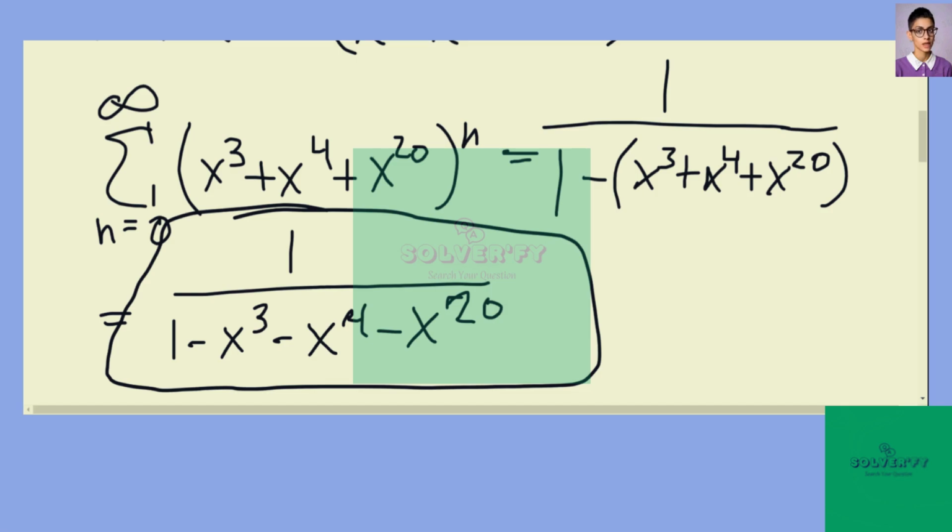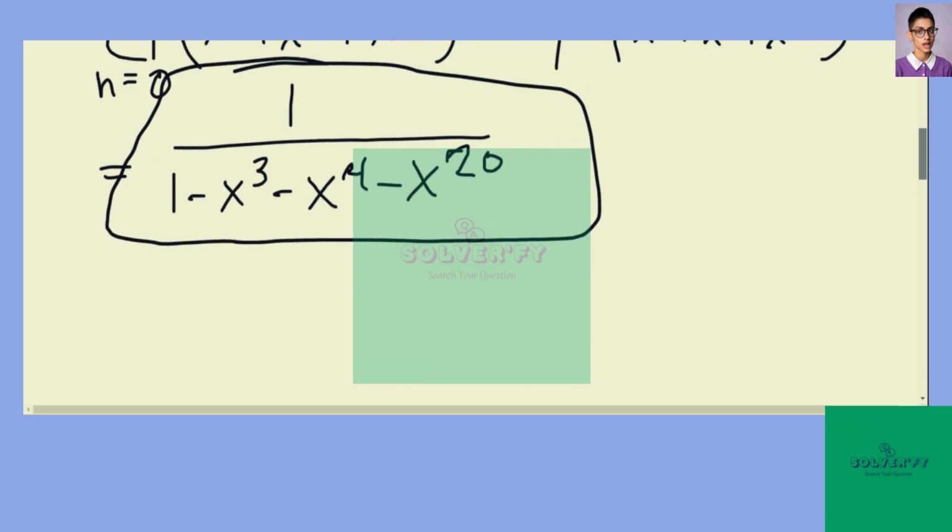In part C, we're asked to use our answer from part A to determine the number of ways 46 cents of postage can be pasted on an envelope using 3-cent, 4-cent, and 20-cent stamps. And we're told that the order the stamps are pasted does not matter. So we have that, turning to part A,